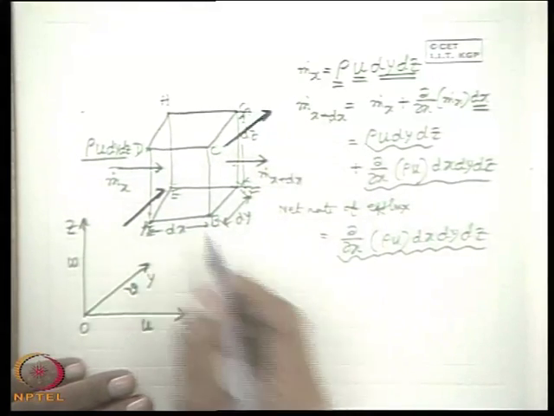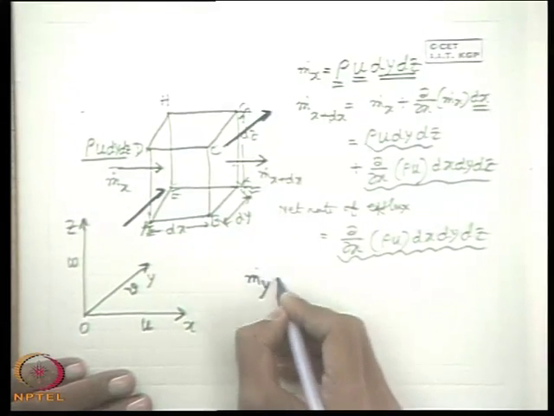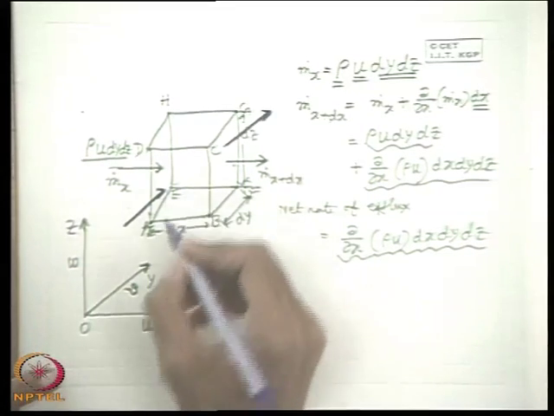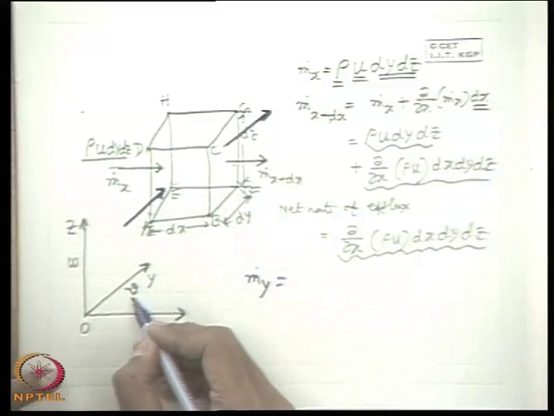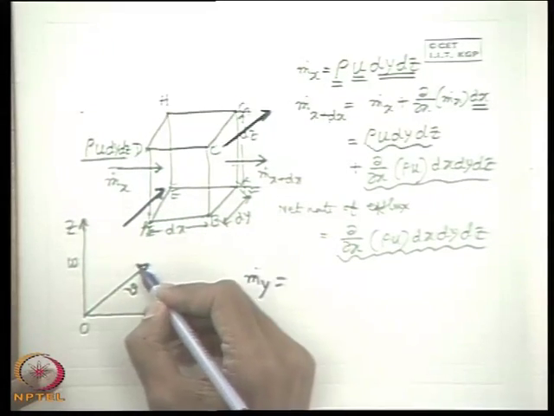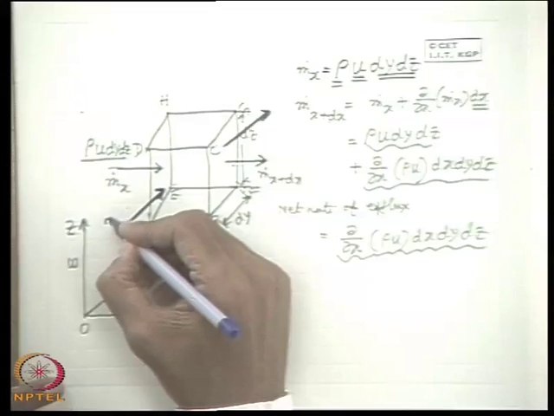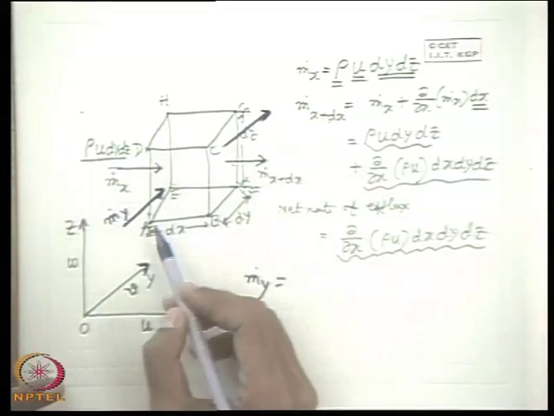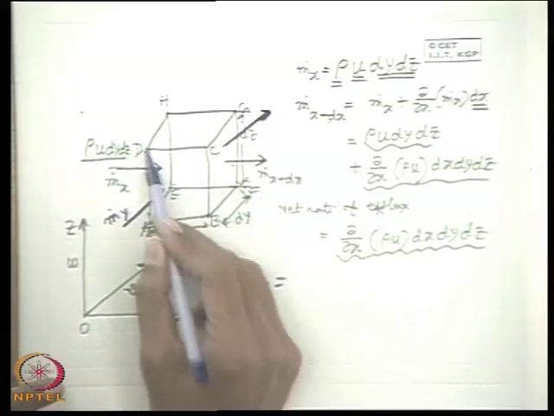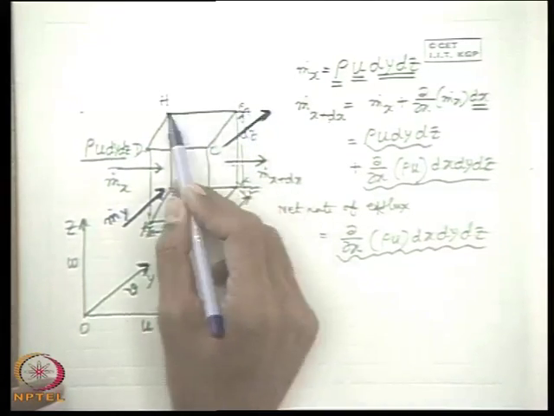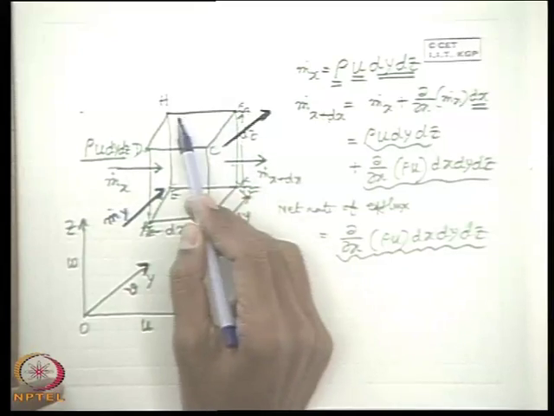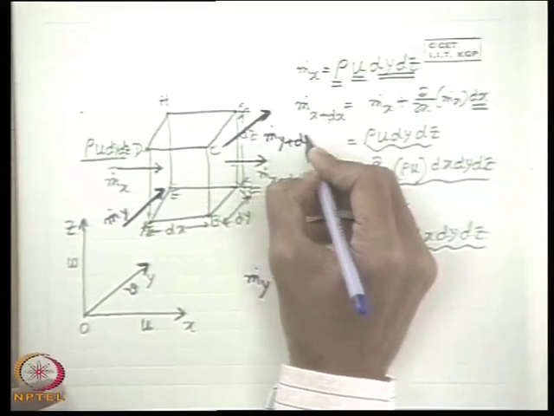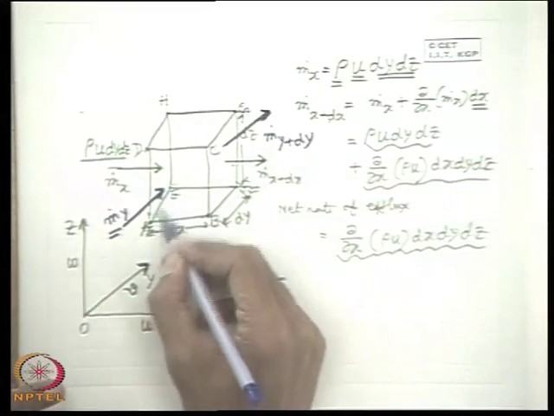So the flux which is coming into the control volume through the y plane, that means ABCD. ABCD is the y plane through which the flux is coming in because of the velocity component v existing in this fashion. This is the positive direction of y. So let us consider this m dot y. Similarly, the flux going out through another y plane which is parallel to ABCD, that is EFGH, perpendicular to the y axis, we can designate as m dot y plus dy. That means it is the change of the mass flux over a distance dy.